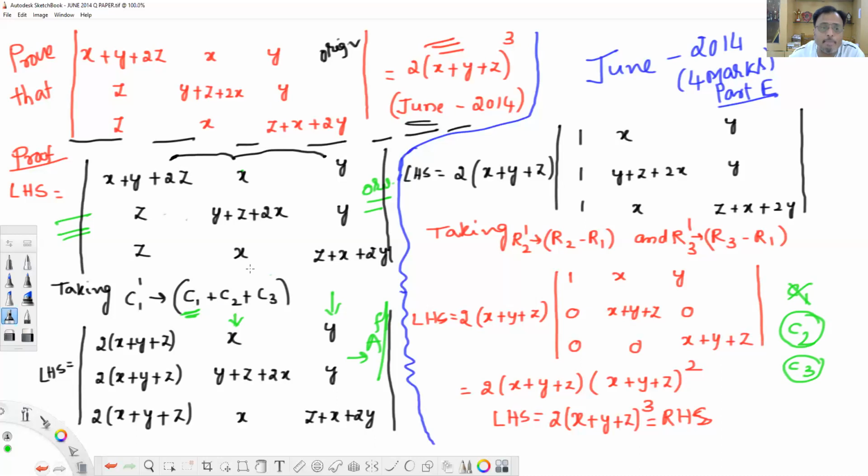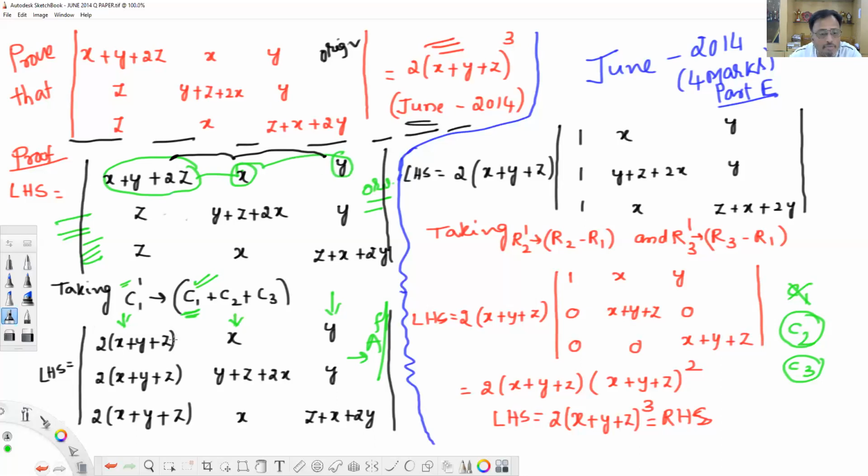This is the type of surgery I'm doing, C1 plus C2 plus C3. After adding, you'll get some result. That result will be written on C1 only. I'm going to write here C1. Then the new C1 will be formed. The new C1 will be formed by doing the surgery C1 plus C2 plus C3 on the original body. Okay, add it. C1 plus C2 means like this: x plus y plus 2z plus x plus y. That means here 2x, 2y, 2z.